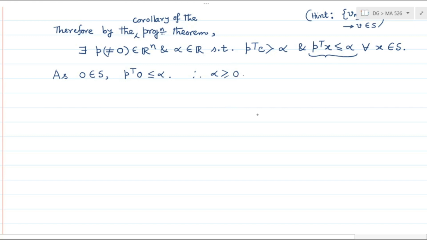Fine. And if this is true, then we note that from the same inequality, let me name it 1,